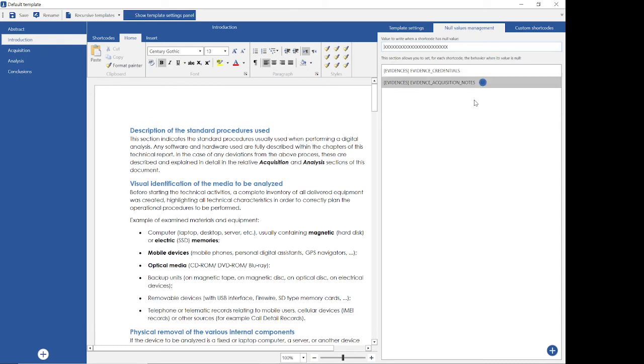We also have the null value management. In this area, if you want to, you can manage and change the text to show in the generated final report when you do not enter any information inside the case in many areas. So for example, if we do not write the request details once we create the case, nor work on the case, and we generate the report,